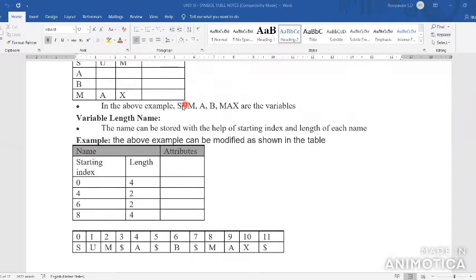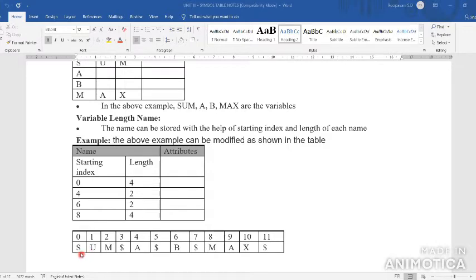For example, I am giving the variables SUM A B max. In that SUM A B max, the starting index starts from 0.